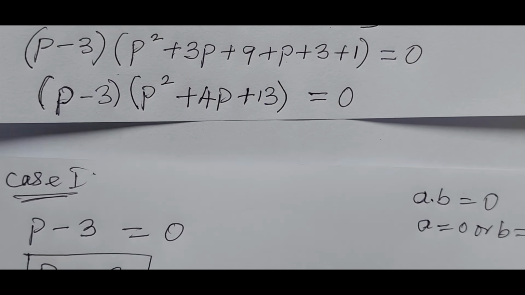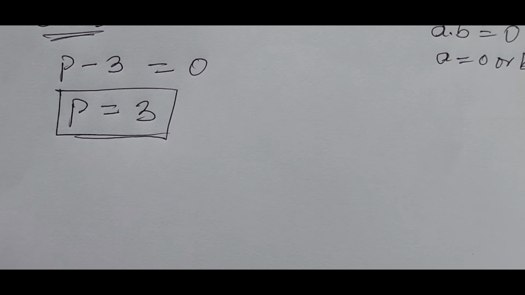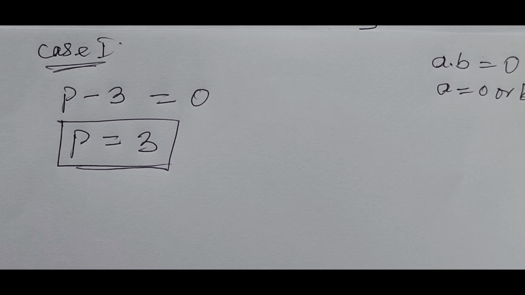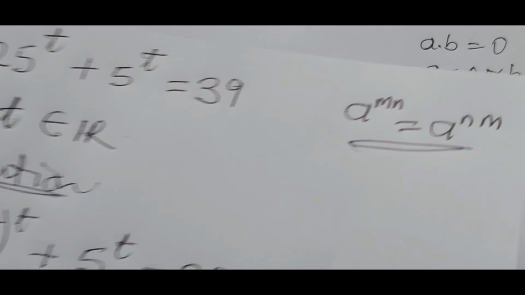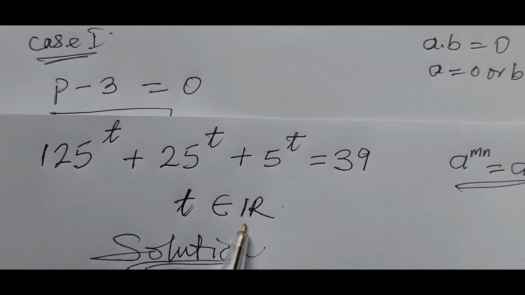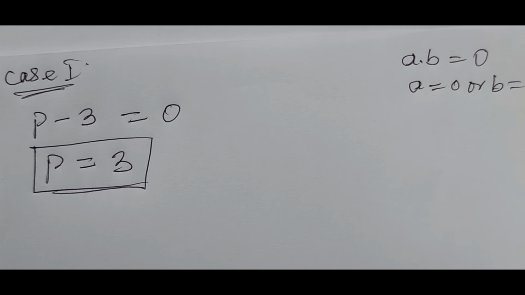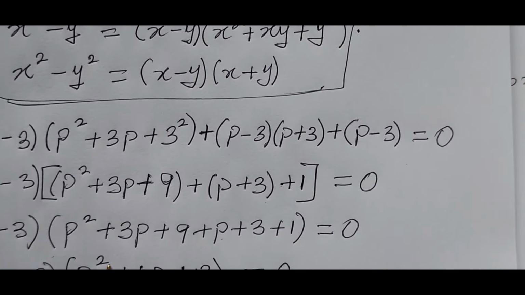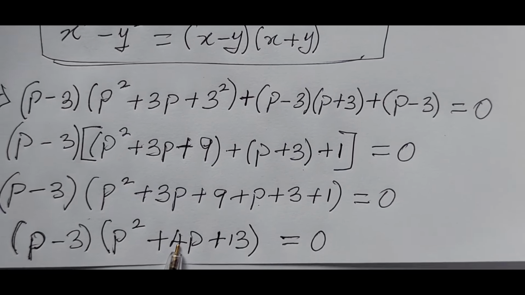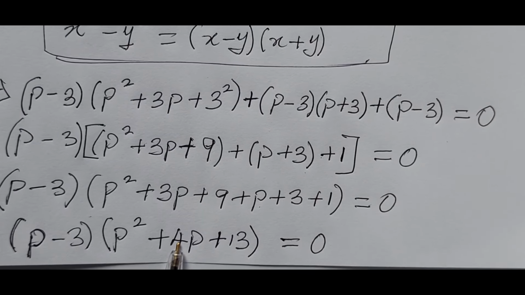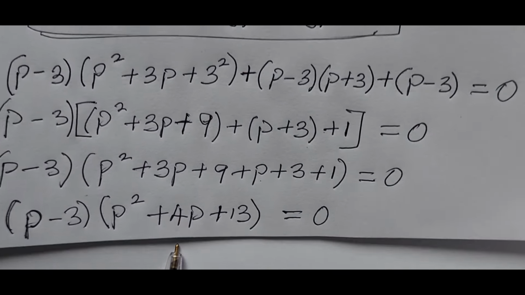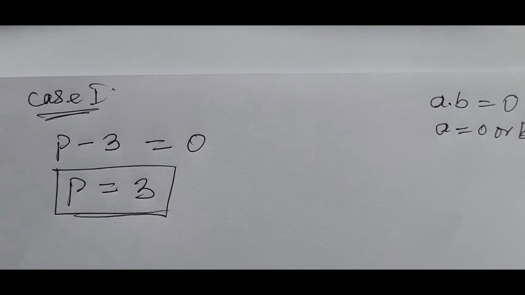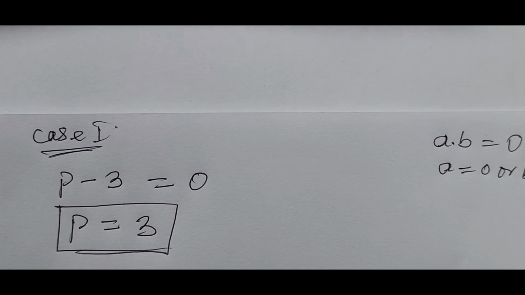Now if you check out case 2, we are told that t belongs to a set of real numbers from this condition here, right? Good. Now, if you check case 2, this is a quadratic equation. And in this quadratic equation, we can check if we're going to get a real number from here, right? So from case 2,